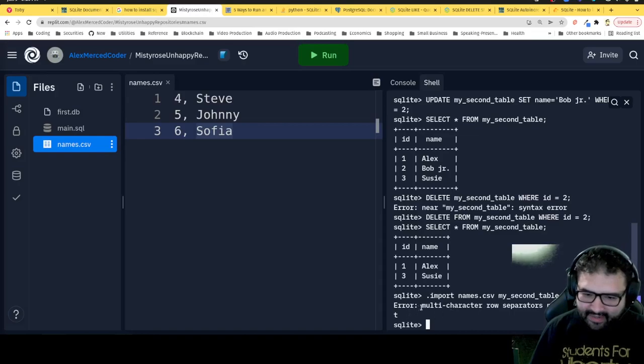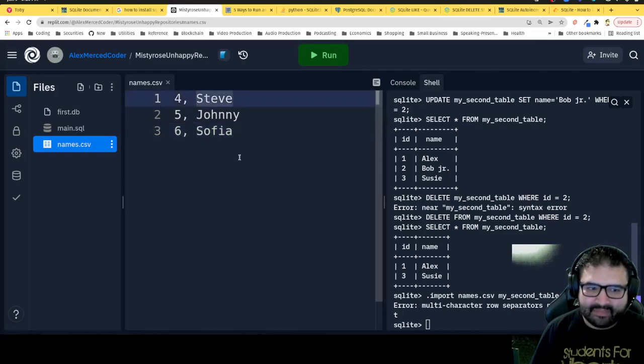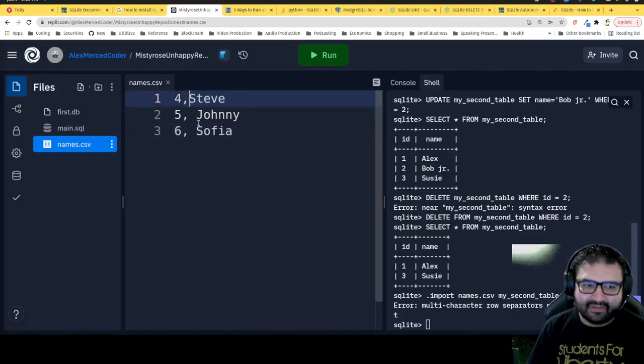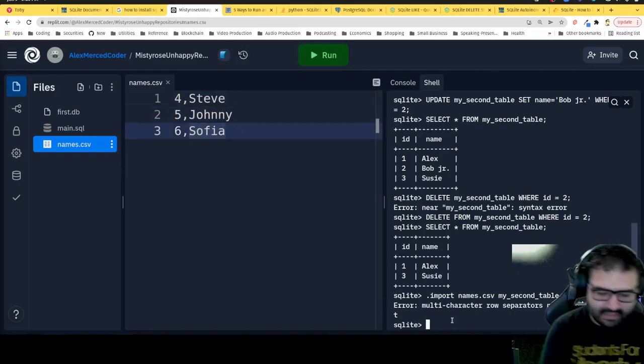So then I got an error here. It says multi-character row separators may not be allowed. So what it's complaining about is I put this space after here. So let's get rid of that. Let's try that again. Dot import